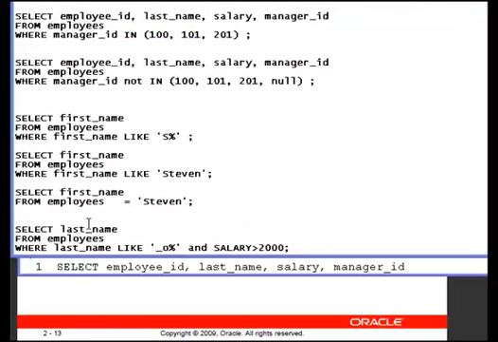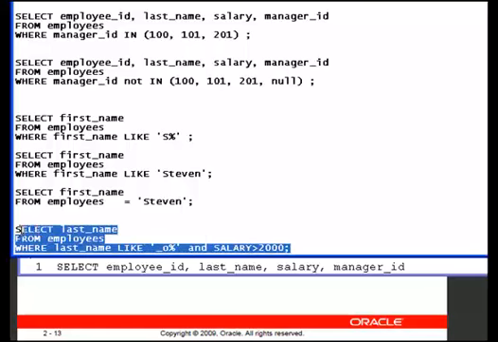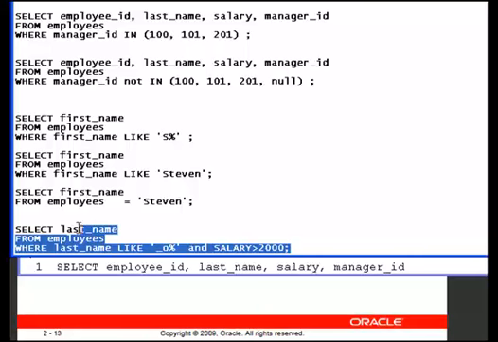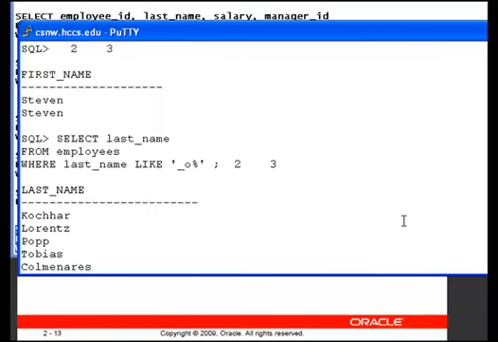Let's make the WHERE clause more interesting. If I'm looking for all employees whose last name is like this, the first character I don't care what it is, the second one is o, followed by a set of characters, whatever it could be, single wildcard or string wildcard. Also I want their salary to be greater than 2000. So this is an example. I'm restricting the number of rows that I'm selecting by using an operator such as AND, which is much more restrictive than OR. Let's run this example and